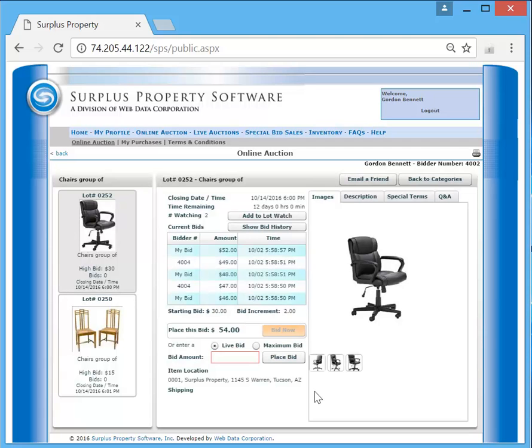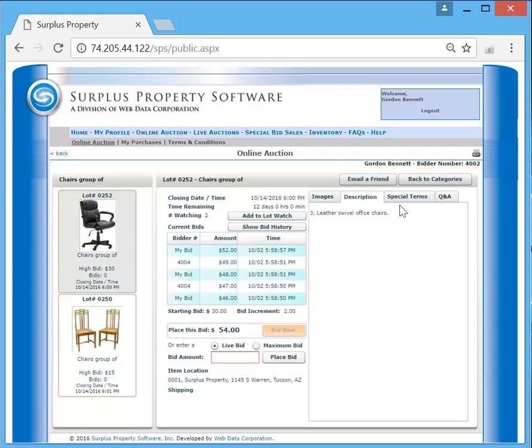So it's very simple to do the bidding on the online auctions. And if there are descriptions, of course, they can see the description here. If there were any special terms, there are none on this occasion, they could see them here. And the other thing they can do is if they really need to know